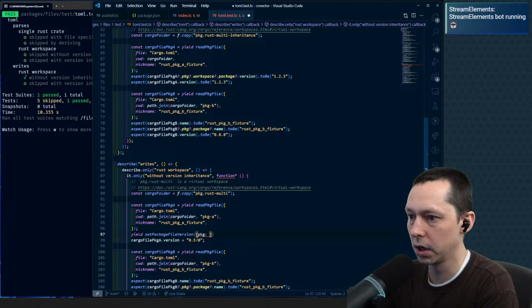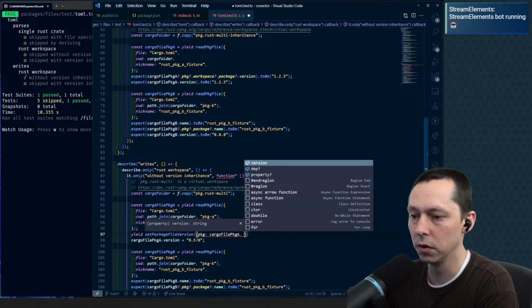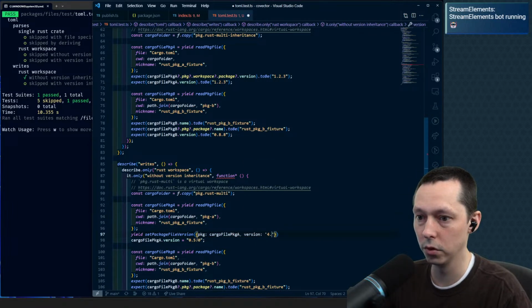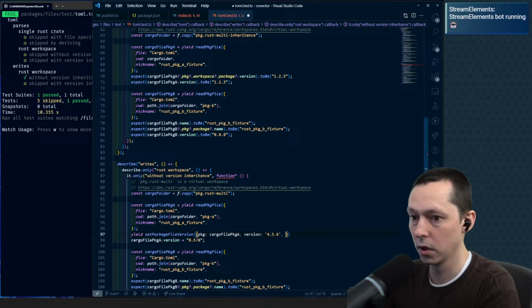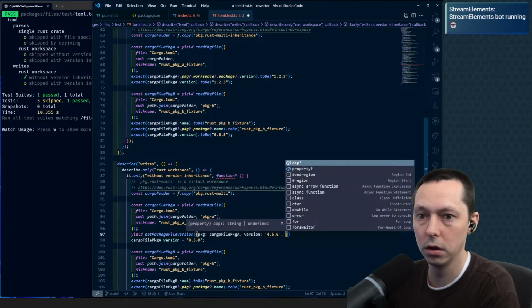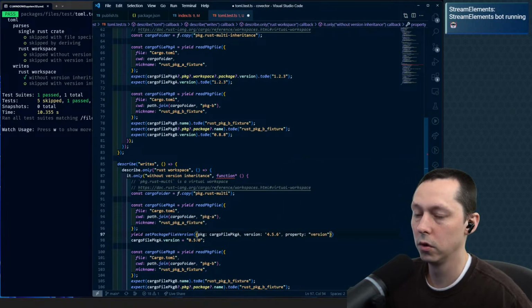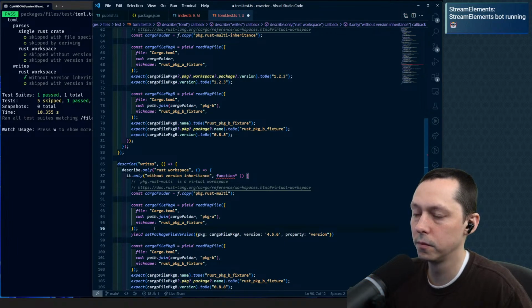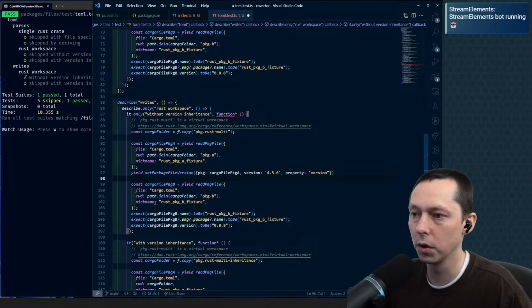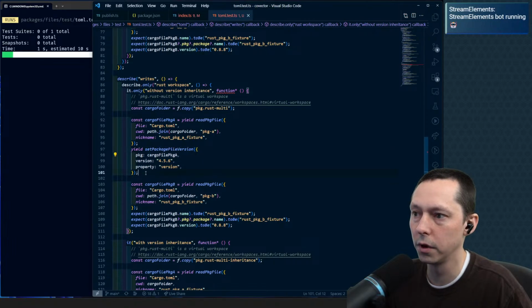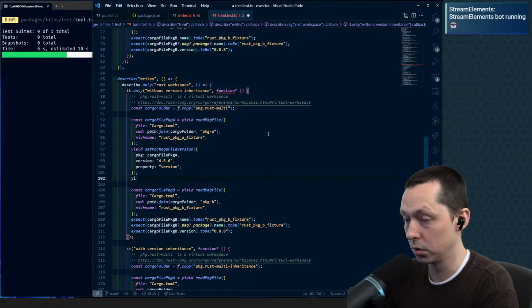So package is the package file, that'll be the cargo that. Then we need the version, and that's going to be 4, 5, 6. And then we need the property, and that is going to be version. And I don't think we need to define the deps. So we're modifying that value in memory, and now we should be able to do a yield